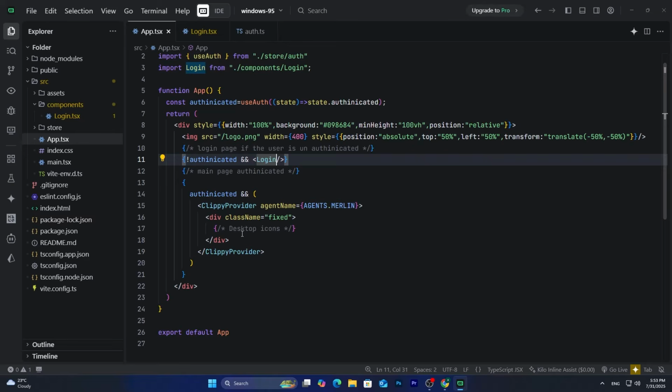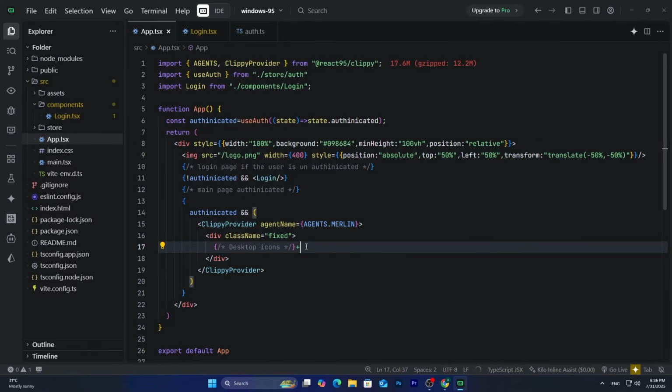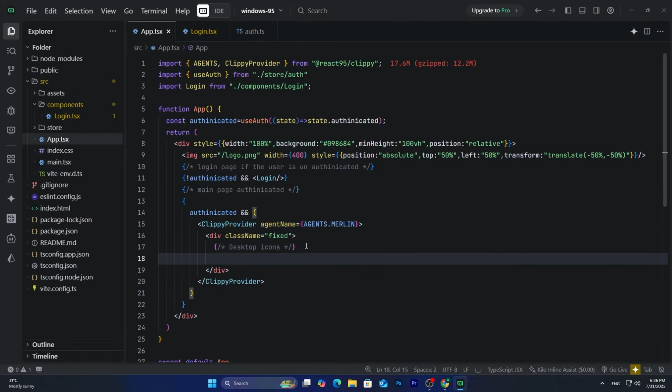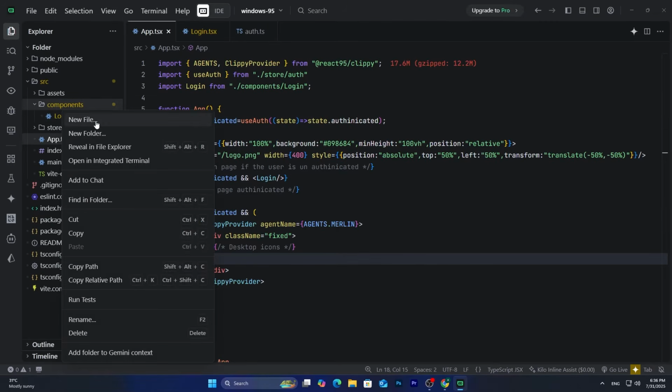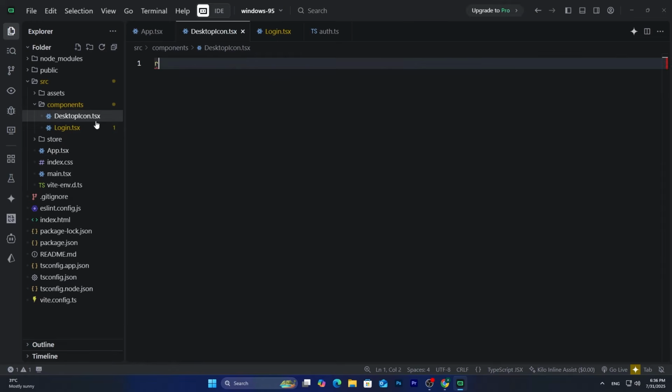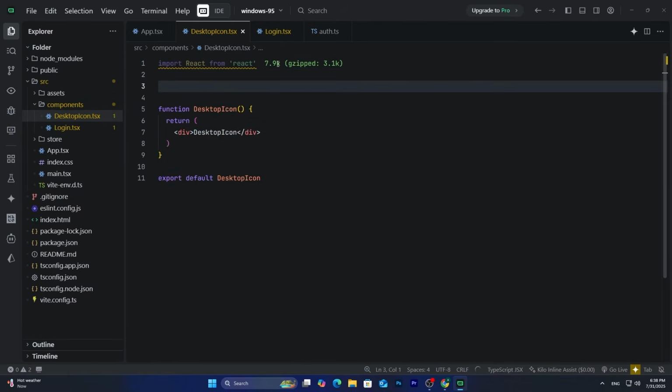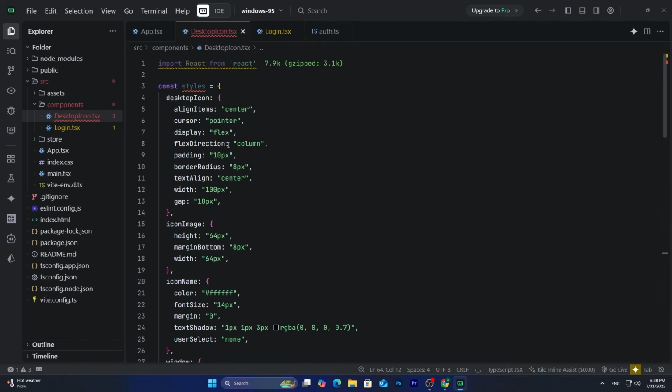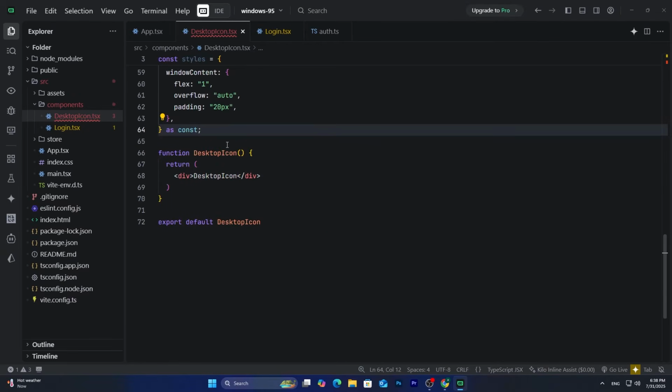app.tsx file, and now we are going to create the main page that the user sees once authenticated. So here inside the div, we are going to create our desktop icon component. So let's go to the components folder and create a new file called desktopIcon.tsx. We will do the RFCE, and first we are going to have one style object here